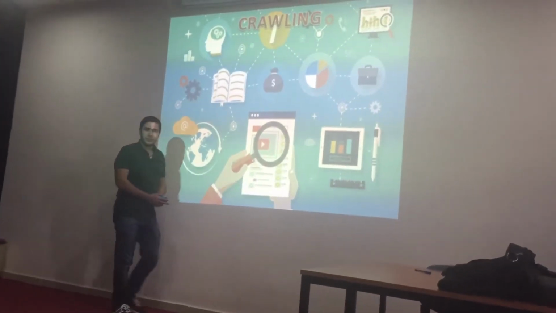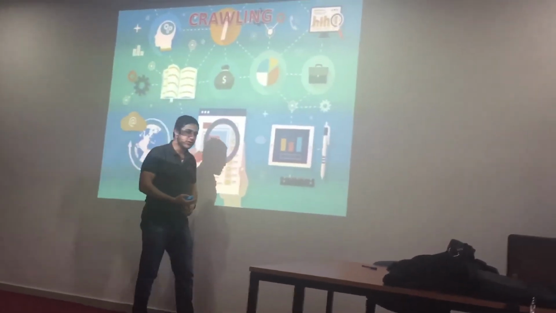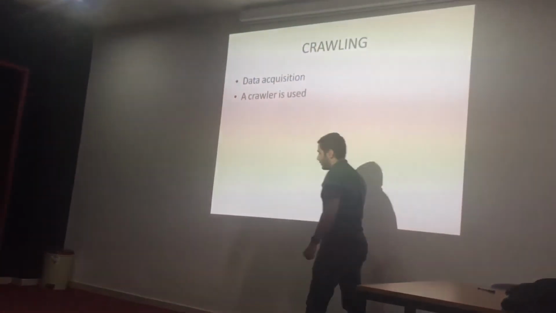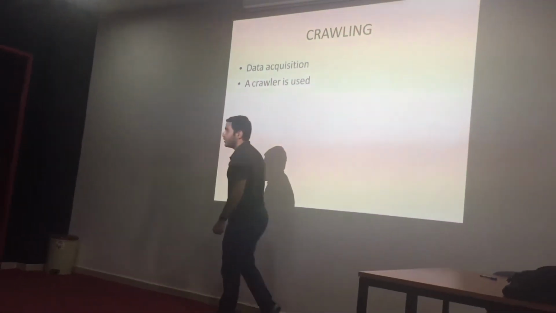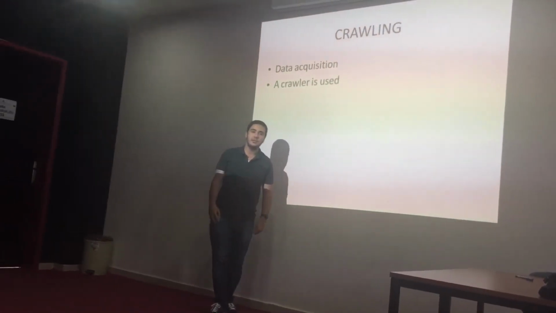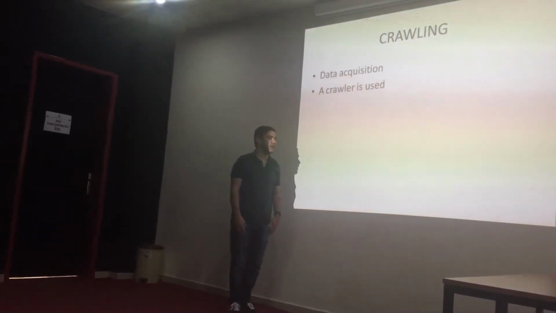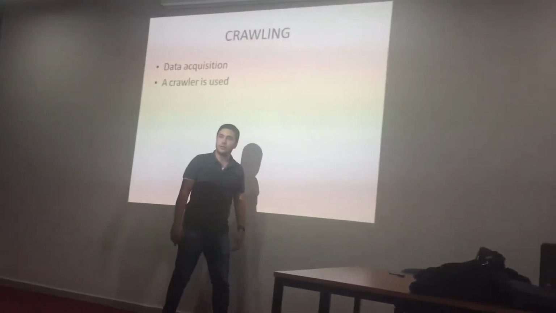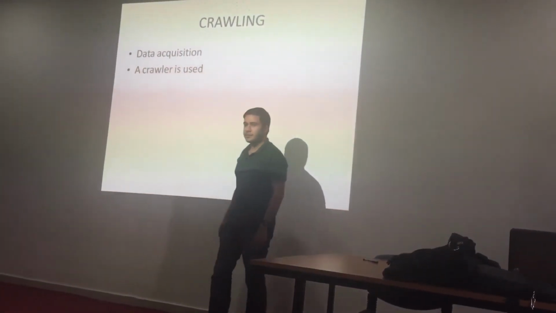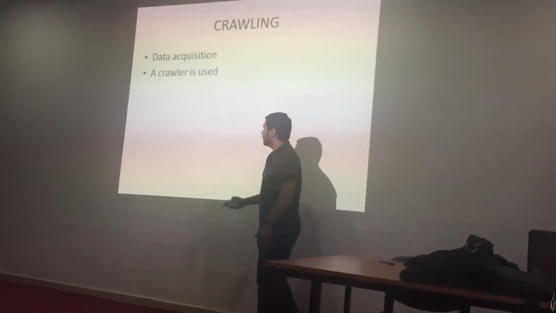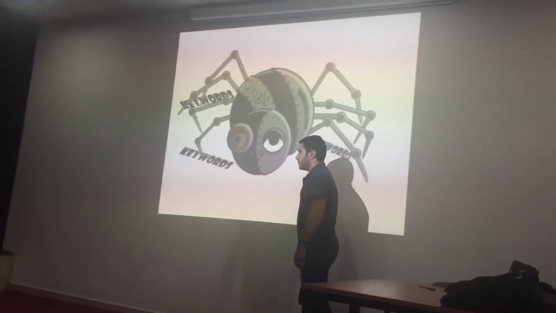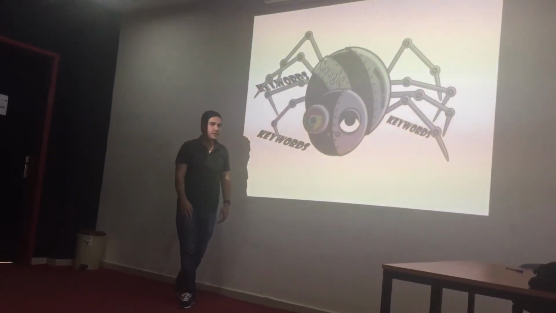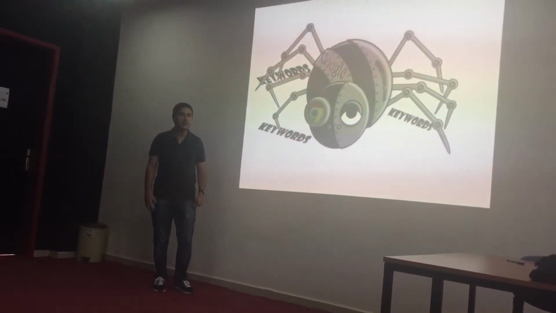Crawling is the first step of searching on a search engine process. It is the acquisition of data about a website, for example, the page title, images and keywords in it, and other pages it is related to. This is done by a crawler. But what's a crawler exactly? Do you know what it is? No? Here it is. A crawler is exactly an automated bot, a spider which visits a few hundred pages a second.